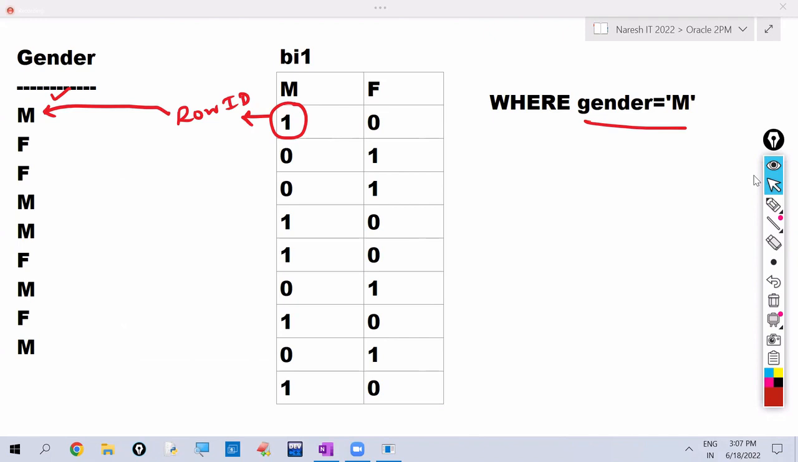And again here 1 is there. This 1 will be converted to the row ID. It goes to